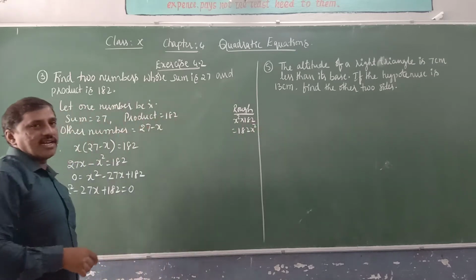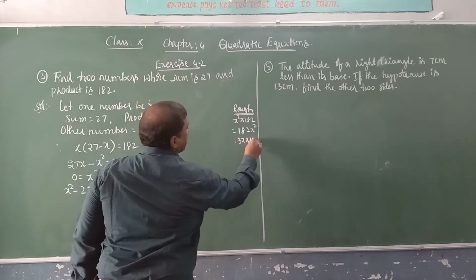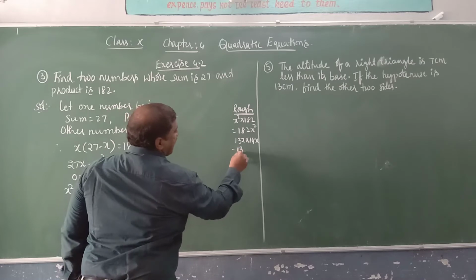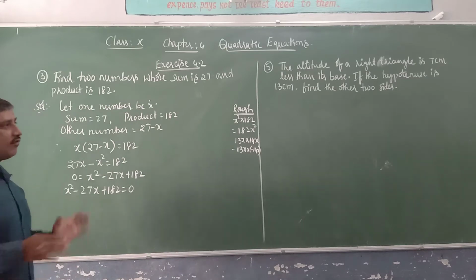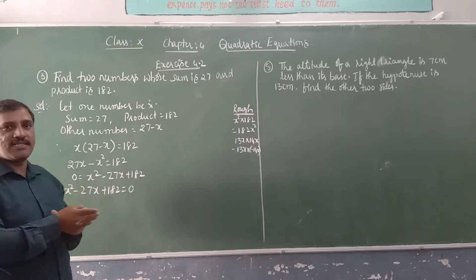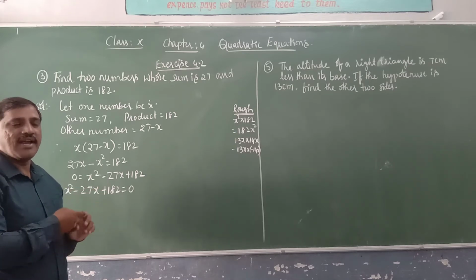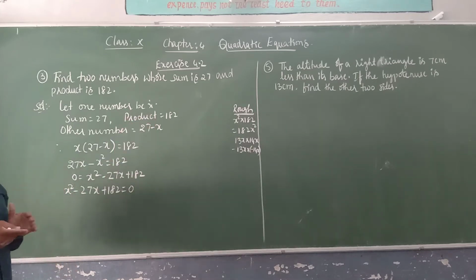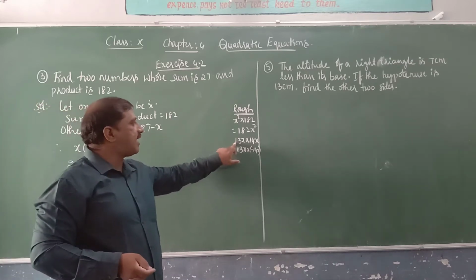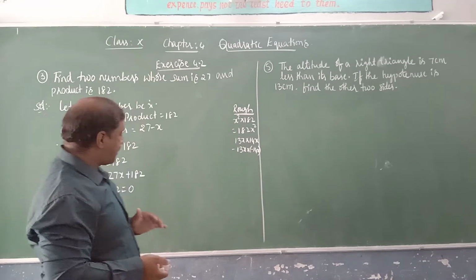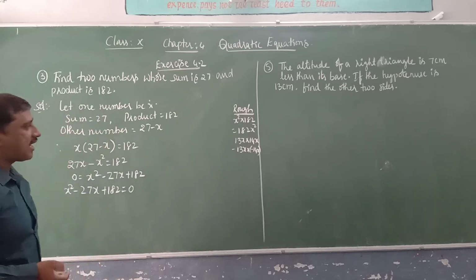The factors of 182: 13x into 14x is one pair of factors, and minus 13x into minus 14x is the other pair of factors. We know that for each positive integer we can express it as a product of two negative integers as well as a product of two positive integers, that is for composite numbers. Now which pair should we choose? If you take 13x plus 14x, we get plus 27x, but our middle term is minus 27x. So we need to take minus 13x and minus 14x.